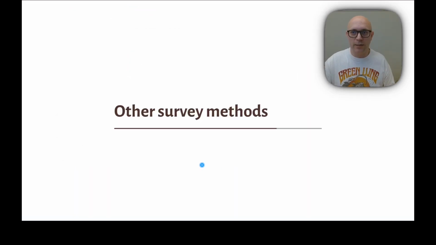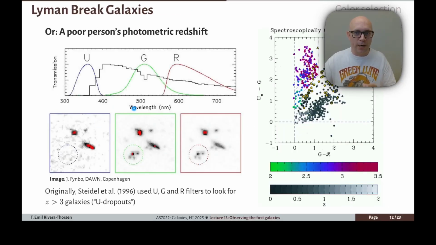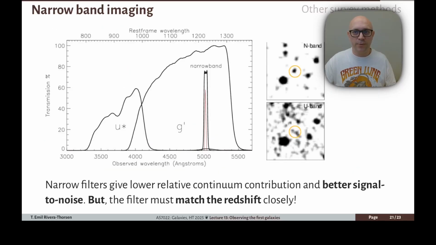If we go back and look at the Lyman break galaxies, all the way back here. We are relying on these galaxies having a rather strong continuum, which means that they need to be rather massive, and they need to have a rather strong star formation going on. Now, in order for the Lyman alpha to be observed, you also need rather strong star formation, but you don't have to have a very strong continuum emission. So you can find much lower mass galaxies, much lower luminosity galaxies with this method than you can with